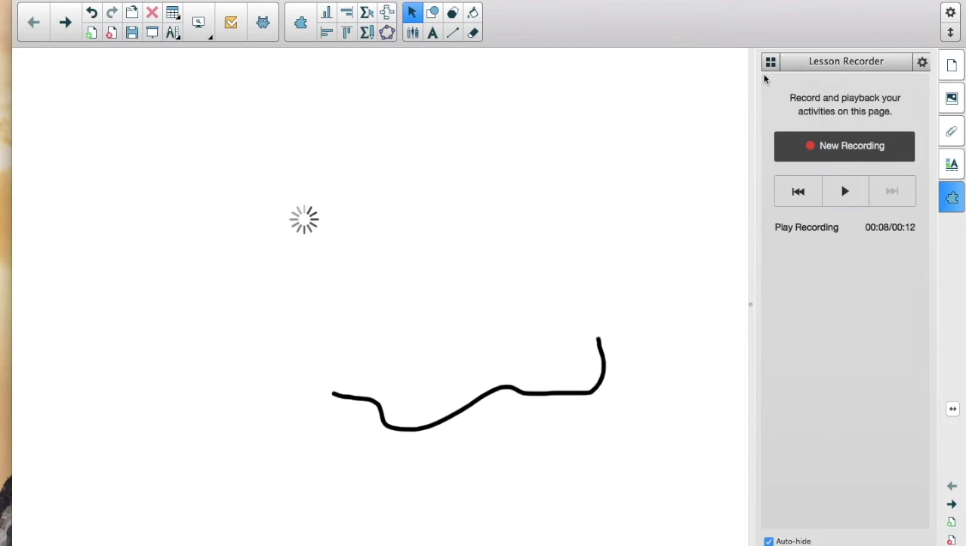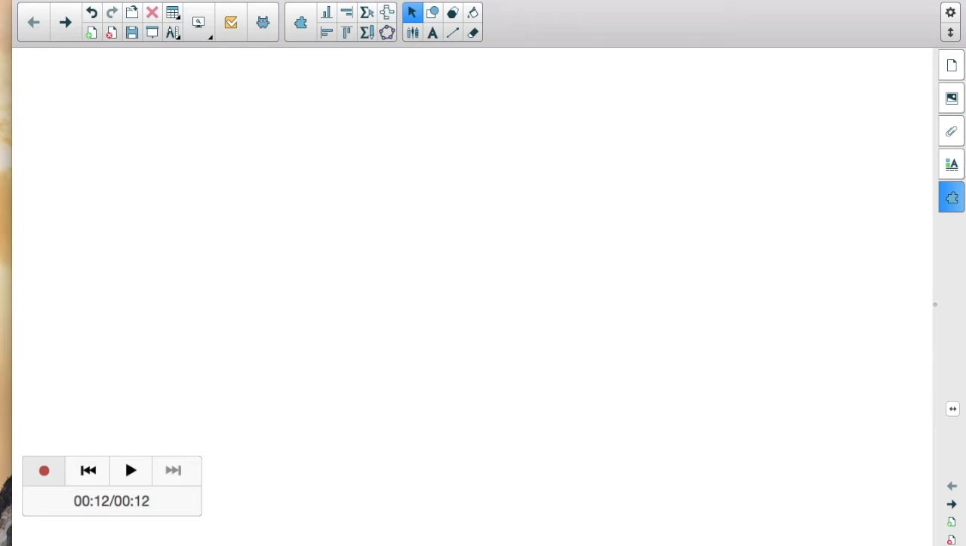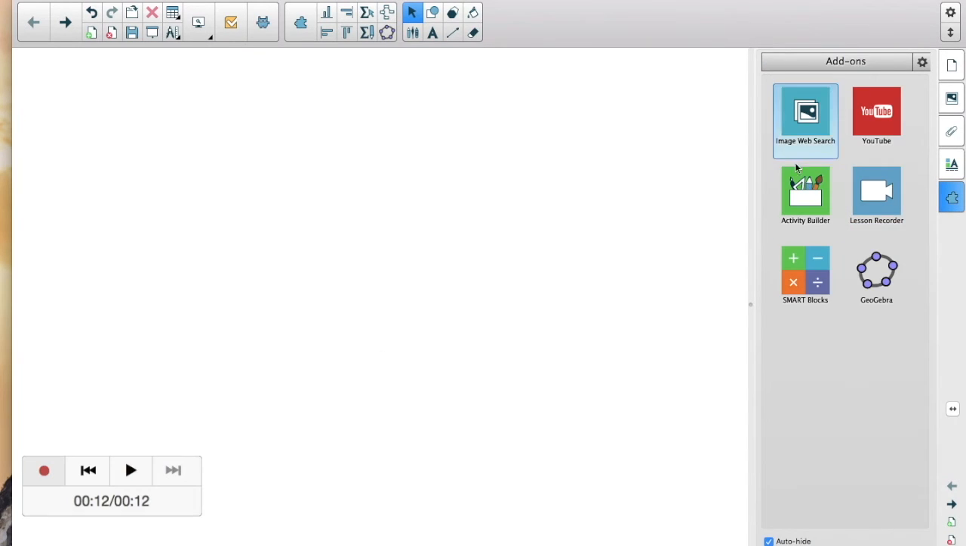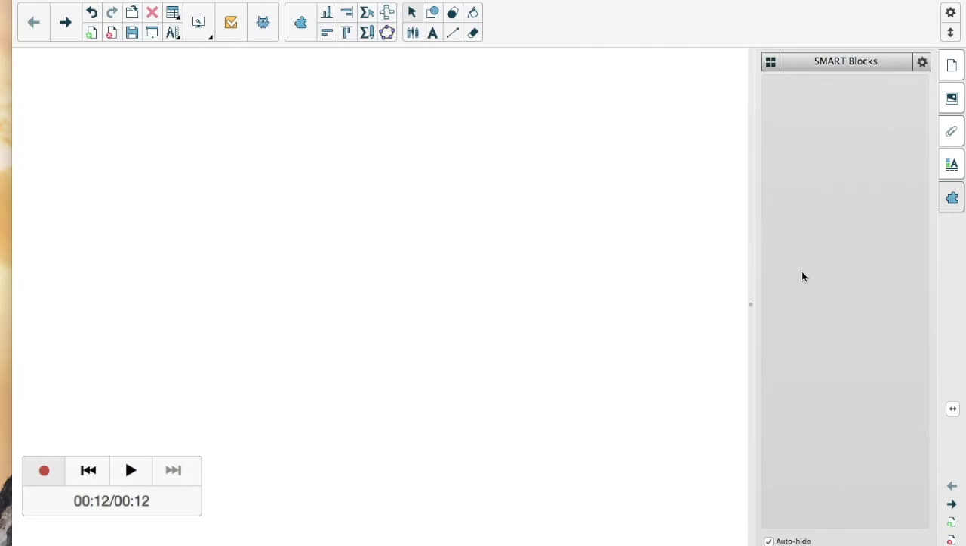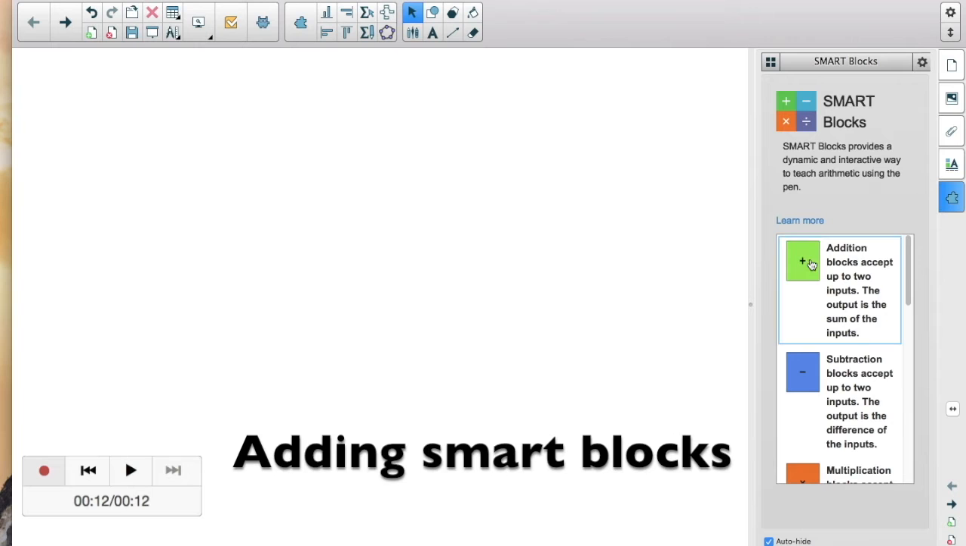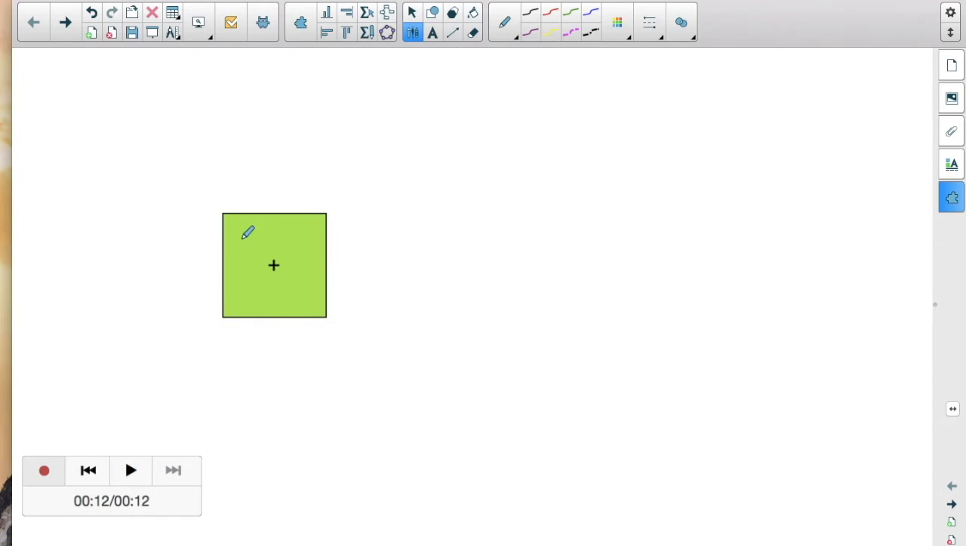Besides recording, let's get rid of all of this. I can add some smart blocks. These are math blocks. Here we go. So if I drag a block onto the screen and